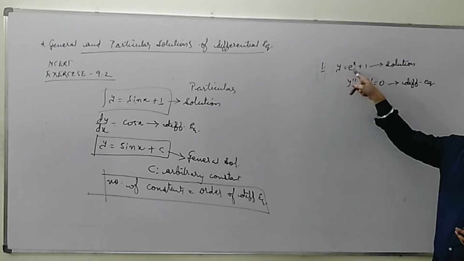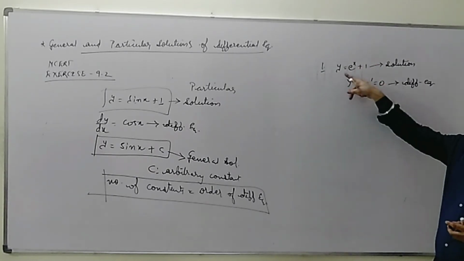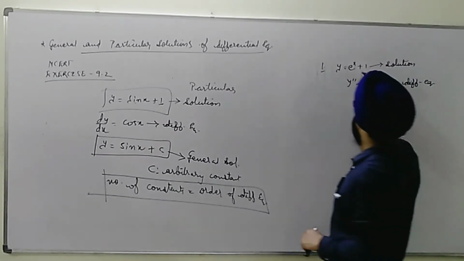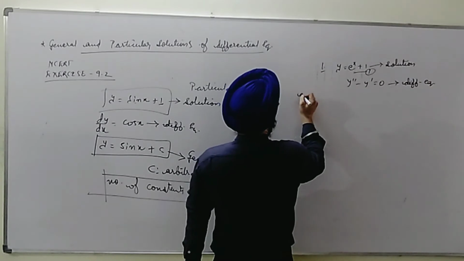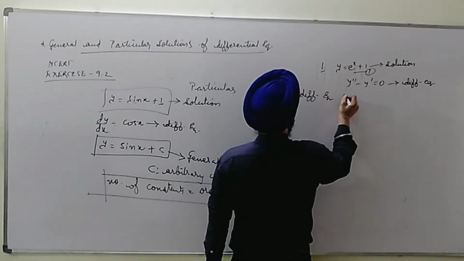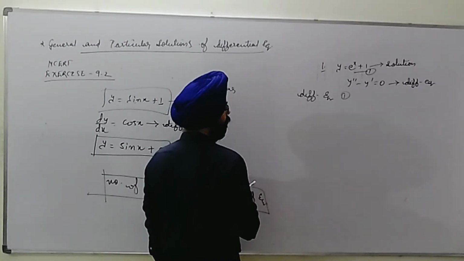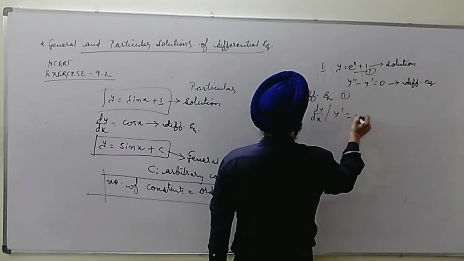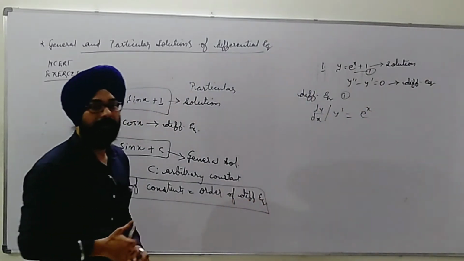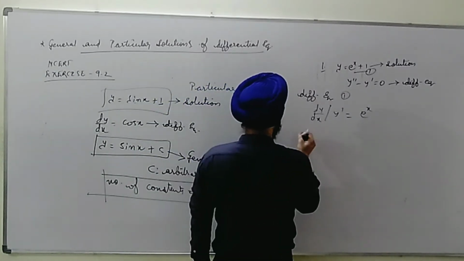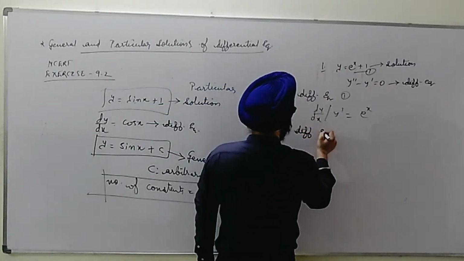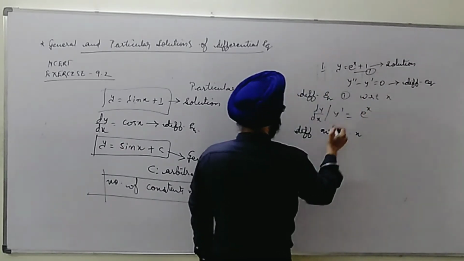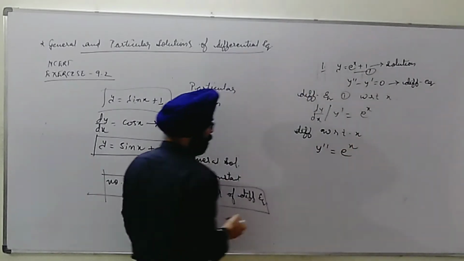In this equation we are given y and x related. From here we require y dash, meaning first order once, and y double dash, meaning second order. So what we are going to do? Differentiating equation 1, here we will get dy by dx, or you can write y dash equal to e raised to the power x. If I differentiate once again with respect to x, this will become y double dash is equal to e raised to the power x.